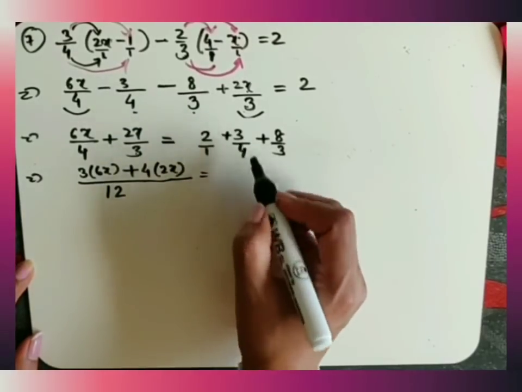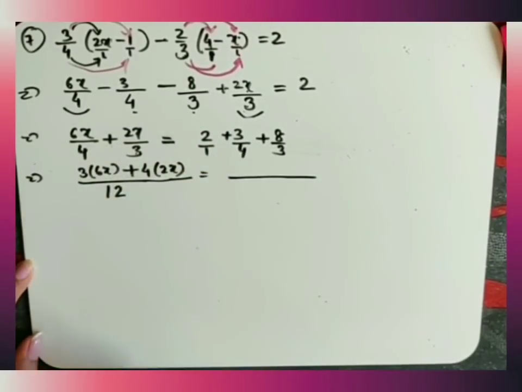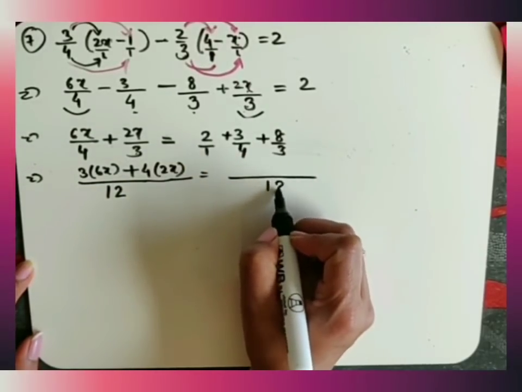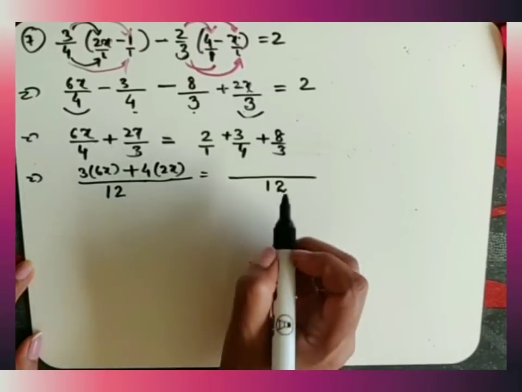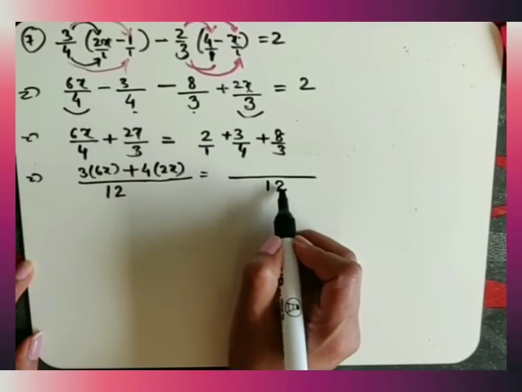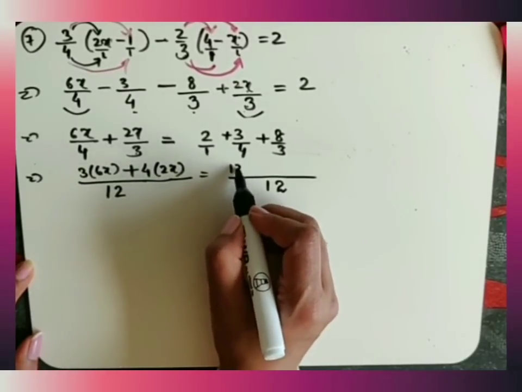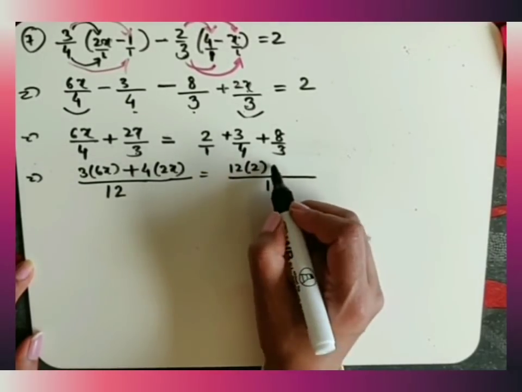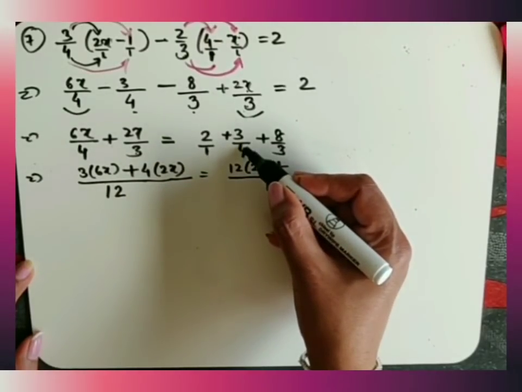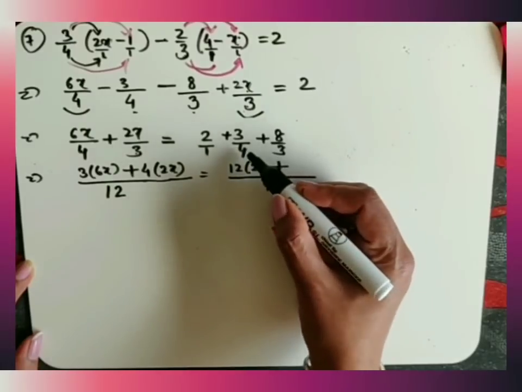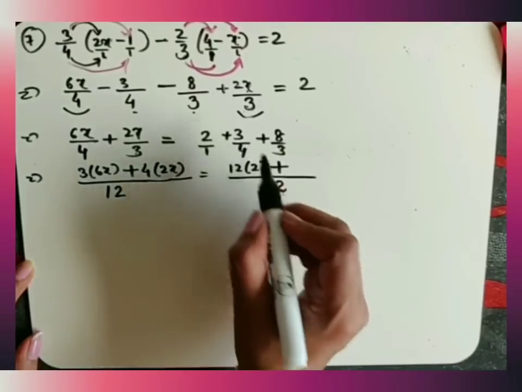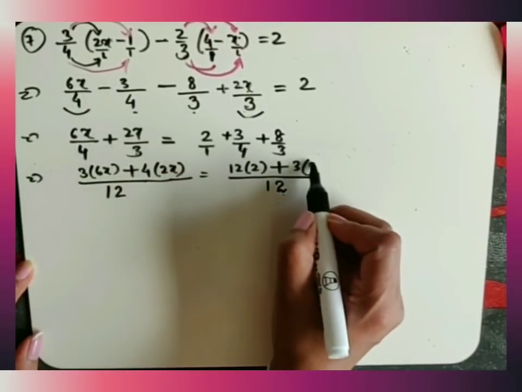Now we have 3 fractions here, doesn't matter, add them together. 1, 4 and 3, here the lowest common denominator is 12. Now come to the first fraction. 1 multiplied by 12 will give you 12, that 12 will multiply by 2. Then the plus sign. Here in the second fraction, the denominator of the second fraction is 4. So 4 multiplied by 3 will give you 12, that 3 will multiply by the top number 3.